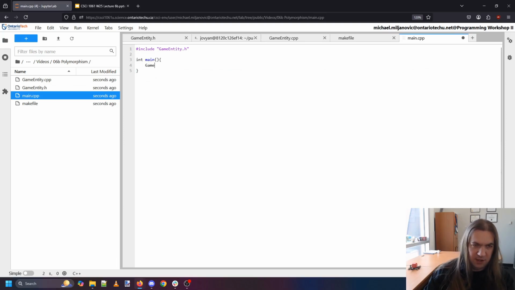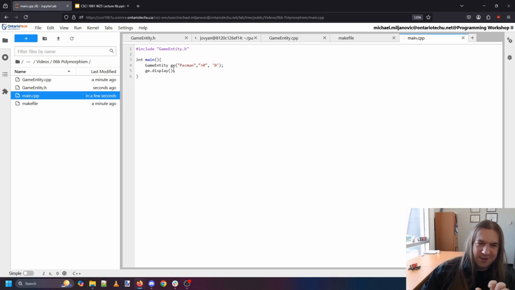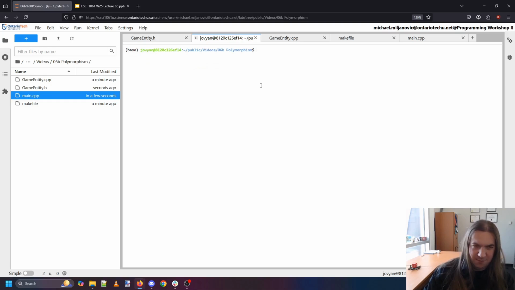And here we'll make a GameEntity GE, and we'll give it, you know, let's say Pac-Man. Its appearance will be, let's say, greater than and an O. And let's say that we add a symbol of an O. Now we'll use these symbols later down the line, but right now I just want to make sure I can make this GameEntity and, importantly, display it. Sorry, I say should, but I'm actually not going to be able to. We'll see why in a second, which is, if I run make,